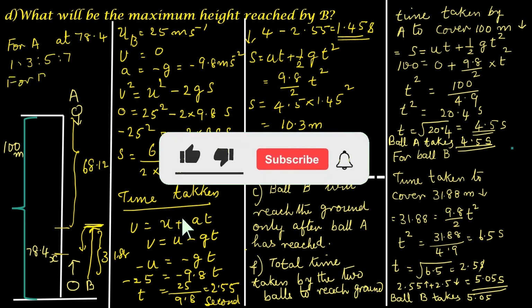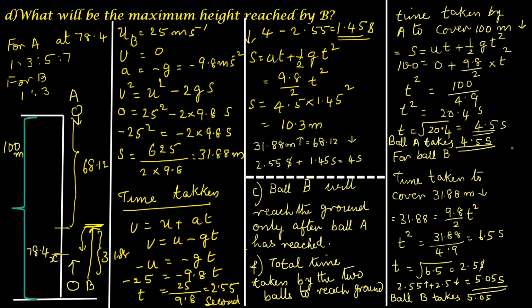Now question F. What is the total time taken by the two balls to reach the ground? I have worked out the problem and written all steps there. So the first thing is we will find out the time taken by ball A and then the time taken by ball B to reach the ground in its vertical motion. And we find that